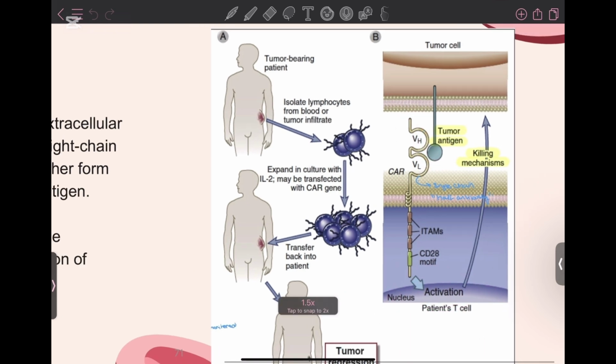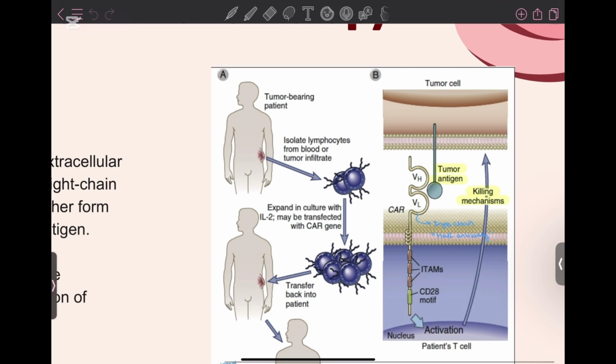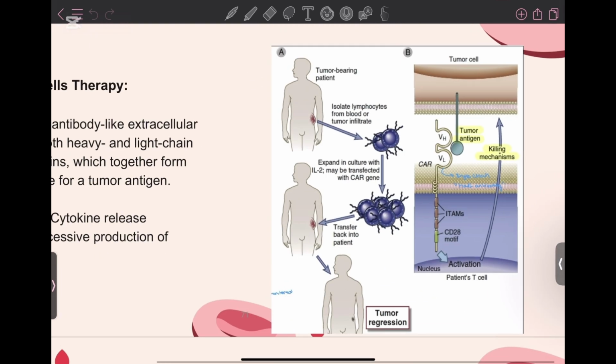Because of the tumor-bearing patients, this process is done as follows: you're going to have a patient that contains one of the leukemias. You're going to isolate the lymphocytes from the blood or from the tumor infiltrate. You're going to expand them in culture with interleukin 2 and then transfer them with the CAR gene. The CAR gene is going to be this